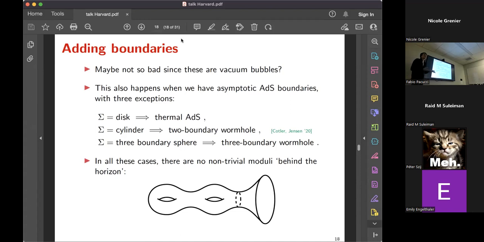But it's not obvious we should include every off-shell configuration. It's not obvious, but it's also not obvious which one we should include, which one we shouldn't. I think there's no